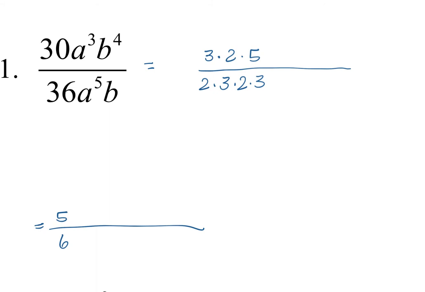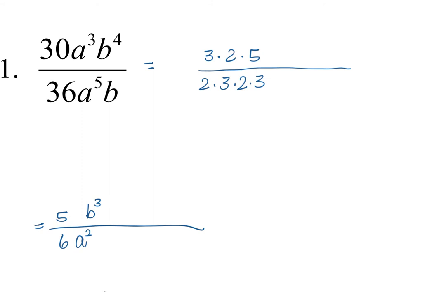And then now a cubed divided by a to the 5th, you keep the base and subtract the exponents. So it's a to the negative 2 power, but if you put it in the bottom, it stays positive. Basically, the bigger power was in the bottom, so that's where a is going to stay. Now with b, the bigger power is in the top, so b is going to stay in the top, and 4 minus 1 is 3. So this is actually our final answer,